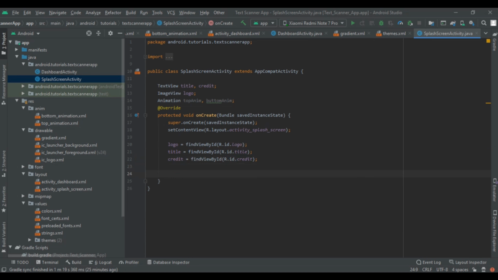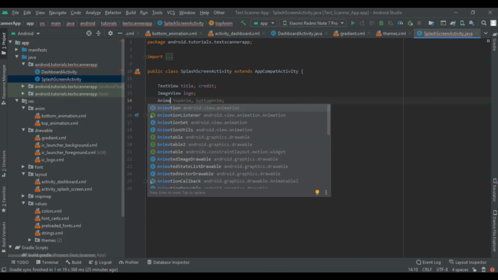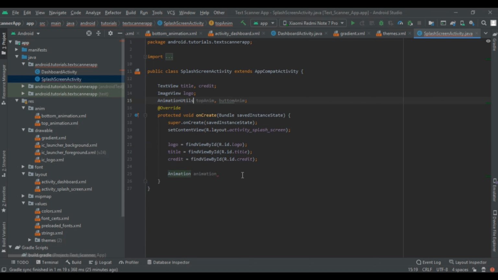Now animation, we have to write animations. So first animation will be animation, not animation utils will come. So animation utils. After that we have to write that animation.